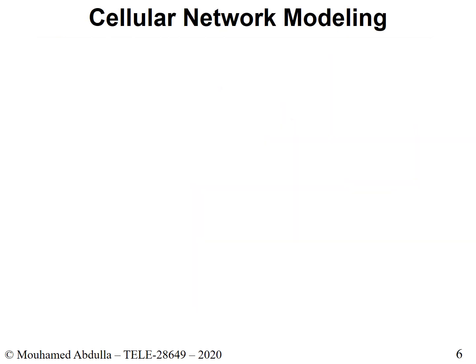At this point, we are ready to see how a cellular network is put together. So how do we assemble a cellular network? Like we said from the previous slide, as soon as you step out of one cell, you will be in outage, and therefore you need to find other means to connect. And other means to connect are hopefully other neighboring cells that will give you the connectivity that you're looking for. And hopefully all of this is done in a seamless way, so you won't notice it as you move from one cell to the other. It's seamless, it's smooth.